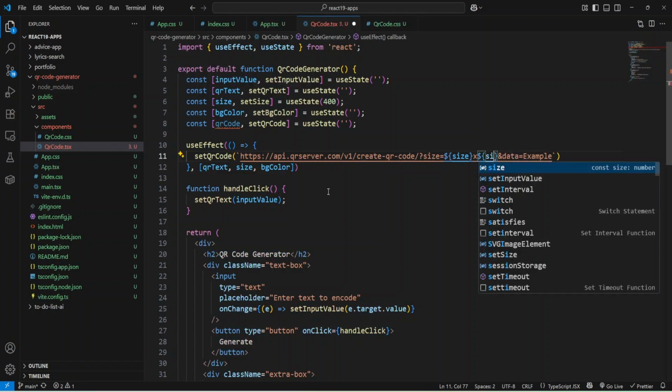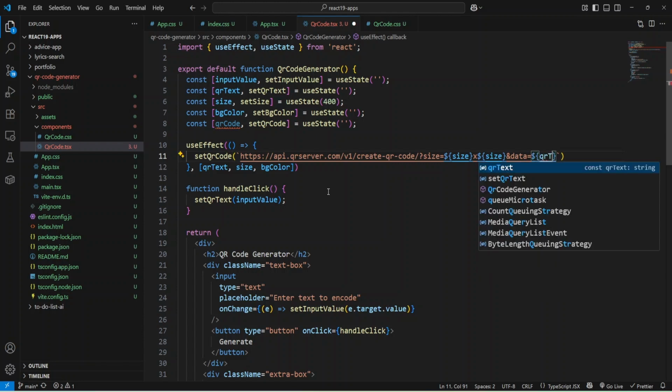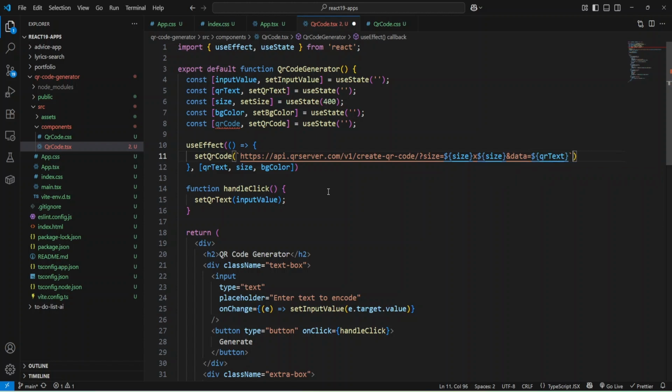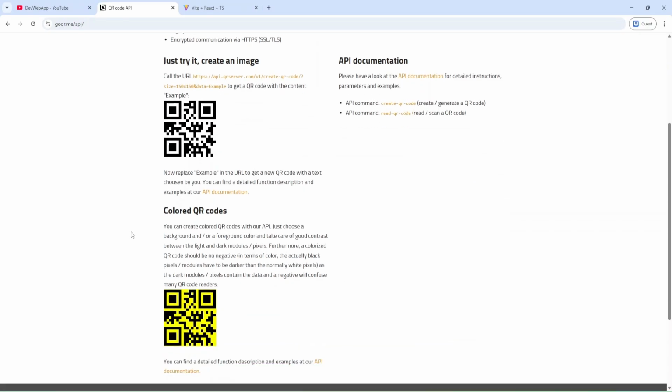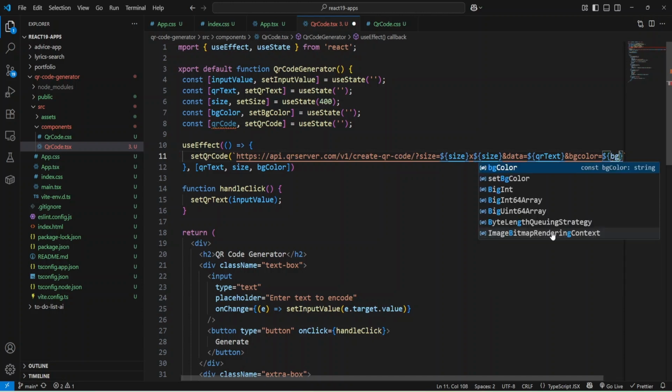Okay, and here size, and data would be our QR text, and it's also a variable qrText, and also we can add background color, and let me do it, and let's check the doc, and as you can see we can provide QR code, and we can provide background color, and let me add it, background color equals to our variable backgroundColor.